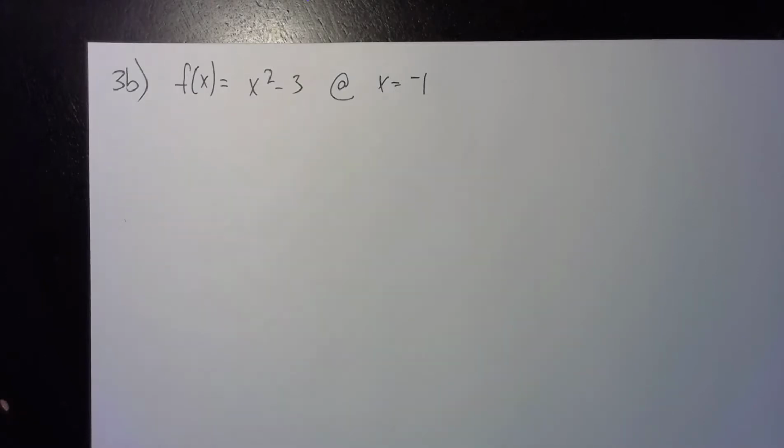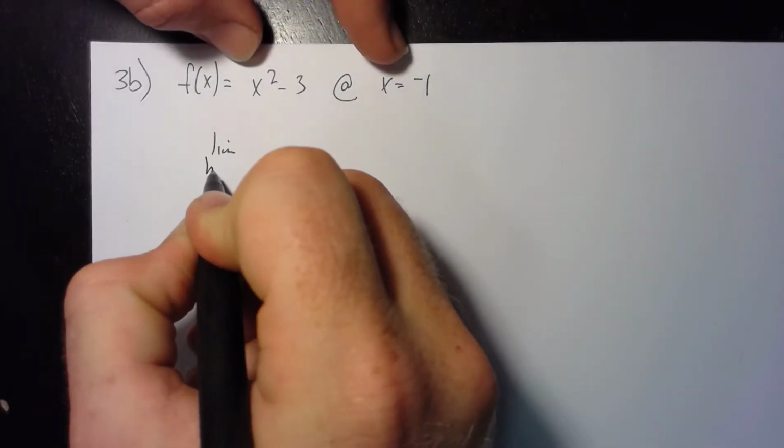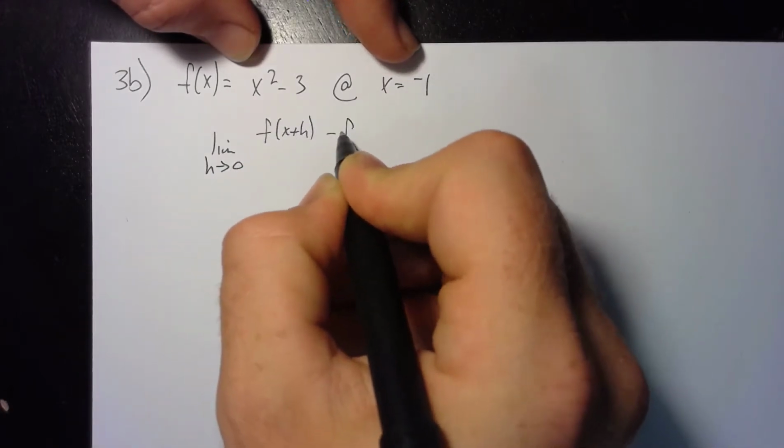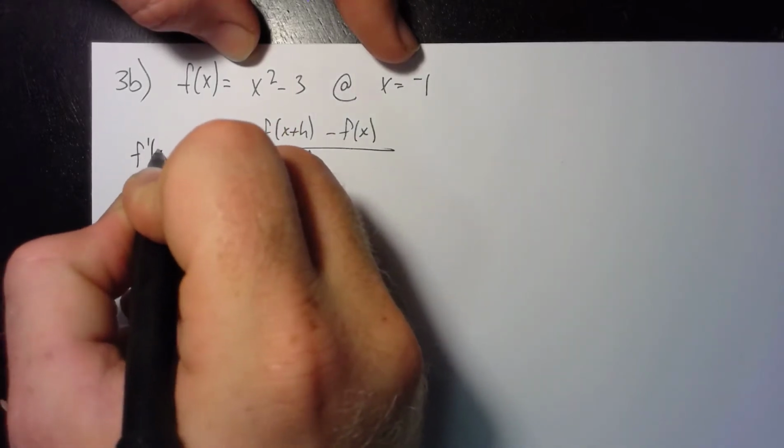In this video, we'll be looking at an example of the limit definition of the derivative. The unfortunate part about these particular examples is that they require a lot of algebraic work. So in this example, I'm going to start with finding the limit as h goes to 0 of f of x plus h minus f of x divided by h, such that this thing here is the derivative at